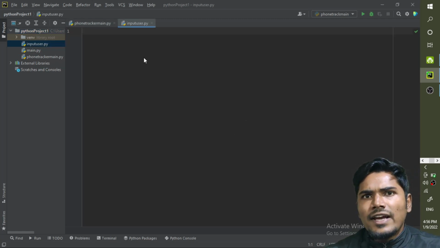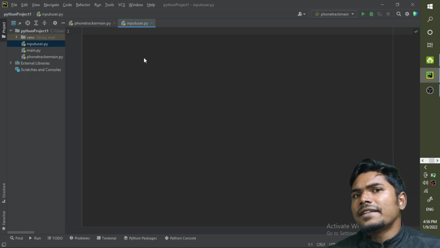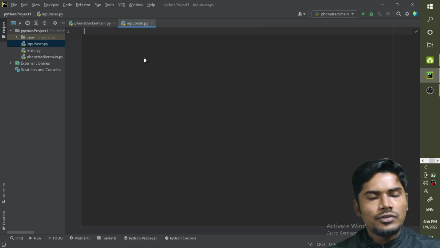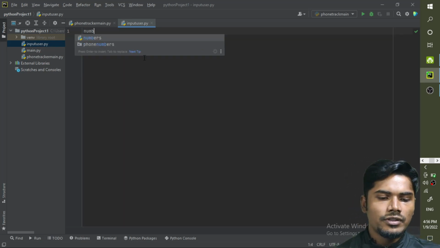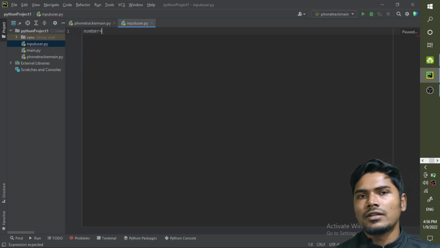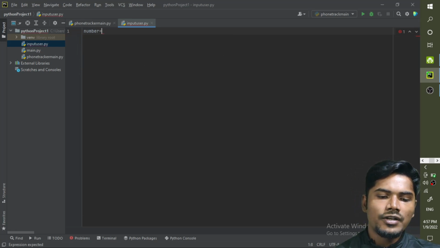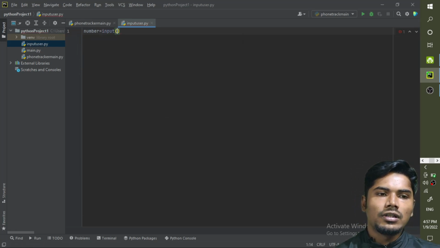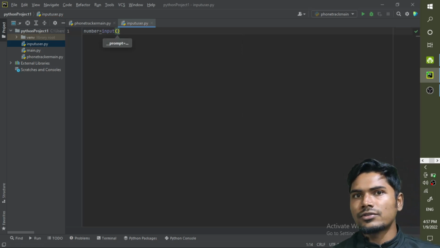In the second file, first of all, we need to define a variable. Through this variable, we are able to get the information from the user. So we need to define a variable named number, and in the variable we need to put a function like input. The input function allows us to get the information from the user.